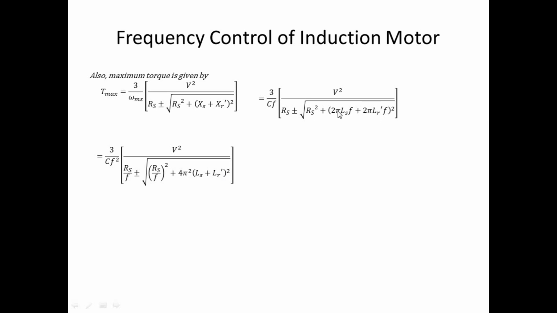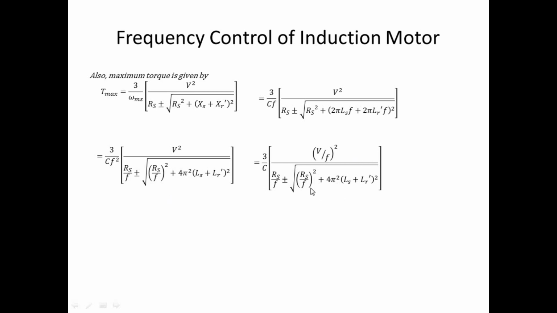Okay, so this is square. So here F square, and if you are taking it outside the root, this will be Rs by F whole square. So 1 by F here. So again we can take 1 by F to multiply with this F. It will become like this. Again we can combine this V and F. So we can write V by F whole square. So 3 by omega C times V by F whole square, this term is same.